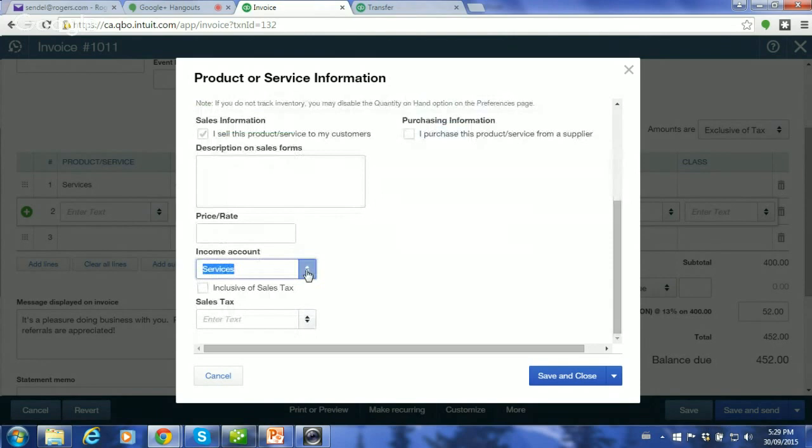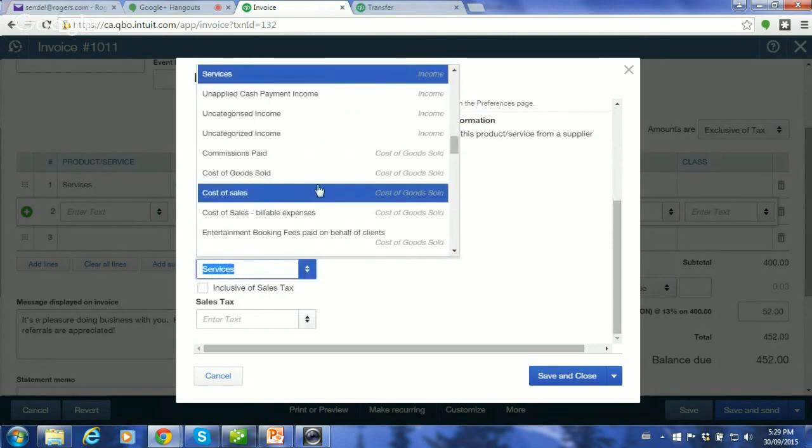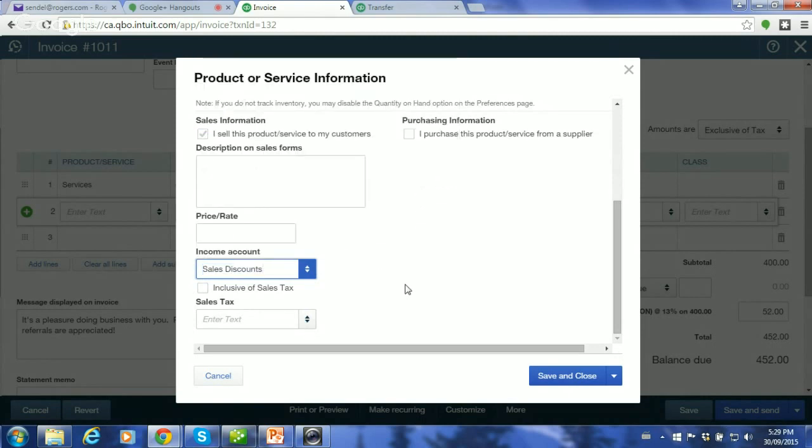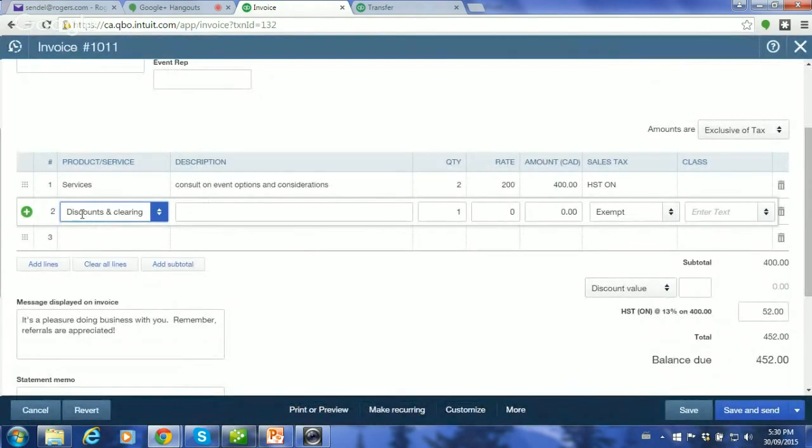Okay, and then you can make an account specific for credit card fees, or you can have it dump into sales discounts. So for our purposes today, let's just have it dump into sales discounts. Also, I'm going to go into my sales tax box, and I'm going to say exempt as the arbitrary amount, because we do not want to deduct from our sales tax. We're not allowed to deduct when it's just a finance charge. So I'm going to say save and close, and now every time I have these $5 discounts, I'll just go back into the person's invoice.